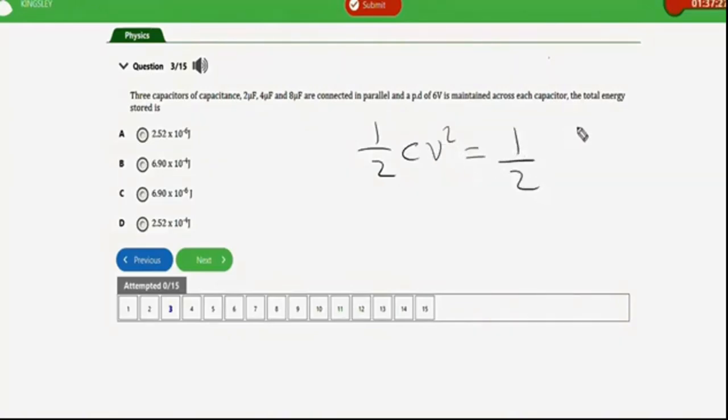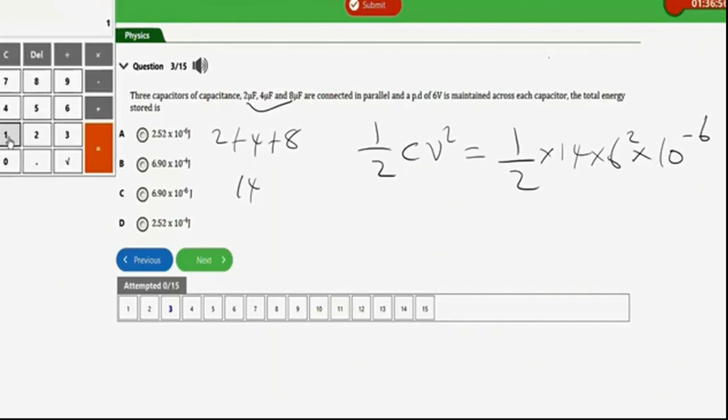Alright, now let's get the parameters. We have the capacitors there, connected in parallel. So it will be 2 plus 4 plus 8. You get the sum. So that will give us 14 microfarad. So we are going to have half times 14 times 6 squared times 10 to the power negative 6, because of the micro. They are very, very important. So let's punch this in the calculator. So this is 14 times 6 times 6 times 10 to the power negative 6,